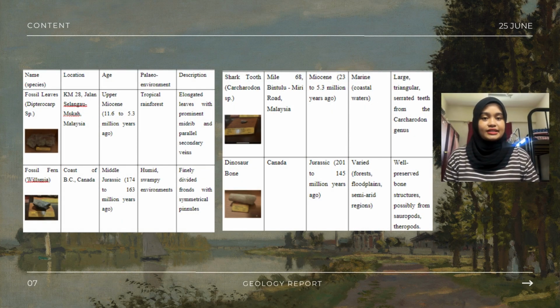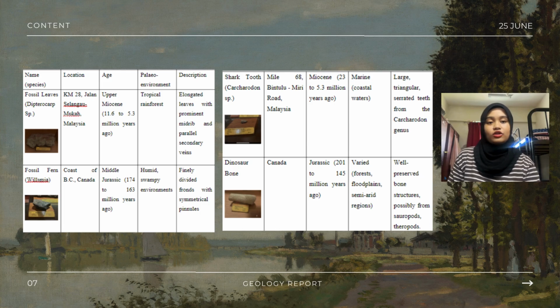Moving on to the fossil identifications, fossils provide valuable insights into ancient life and environments. Here are some examples. Our first fossil example is fossil leaves from the Dipterocarp species. It is located at KM 28 Jalan Selangor, Mukah, Malaysia. The age is Upper Miocene, 11.6 to 5.3 million years ago. It is found in a paleo environment, tropical rainforest, and it is the elongated leaves with a prominent midrib and parallel